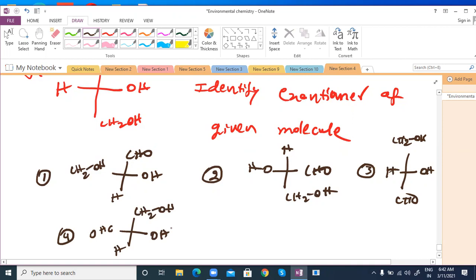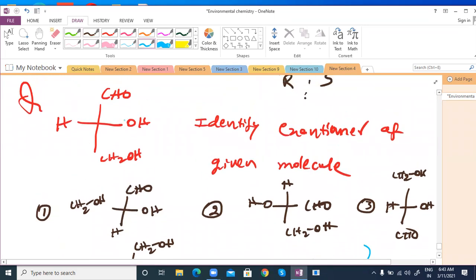Out of these four, can you identify an enantiomer? If you want, you can see the starting structure. I think it's already noted down. First, you can write how to do that one. One basic point I am expecting: if R is there, its mirror image should be S. If S is there, its mirror image should be R. That is only the enantiomer, no? Please note down this point, sir. Second, it may be multi-correct also.